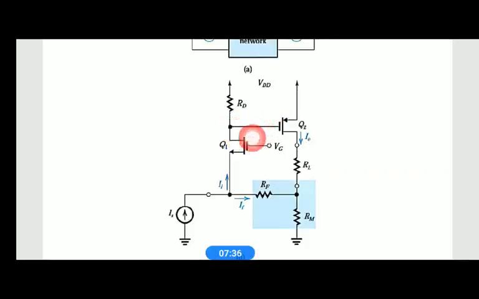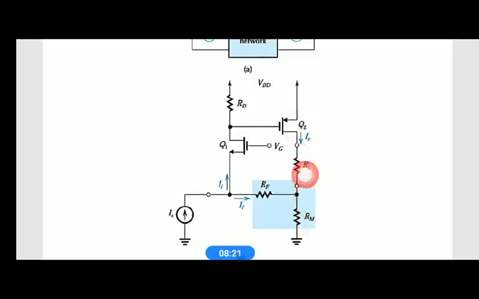Since the voltage at the drain is more, you see this is a P channel FET. P channel FET is the reverse of N channel FET. For the P channel FET, if the voltage at the gate increases, it conducts less. If the voltage at the gate decreases, it conducts more. So since the voltage at the drain increases here, the P channel FET conducts less. Since it conducts less, the current I0 which flows here is reduced, right? So therefore I0 is reduced.